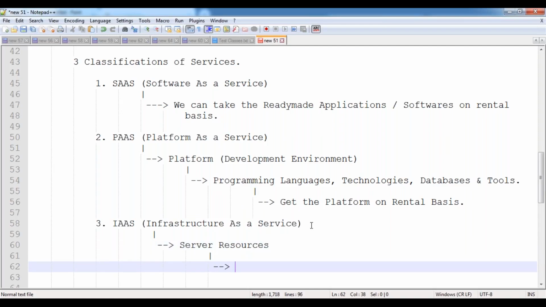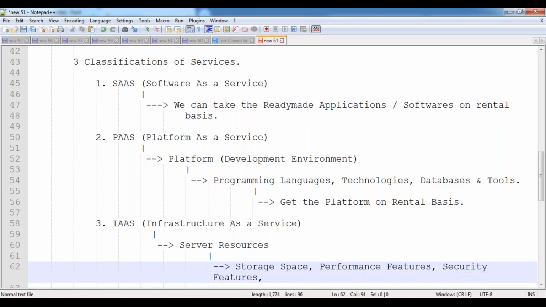We need storage space, performance features, security features, backup and restoring facilities, and disaster recovery facilities. All these resources we need.